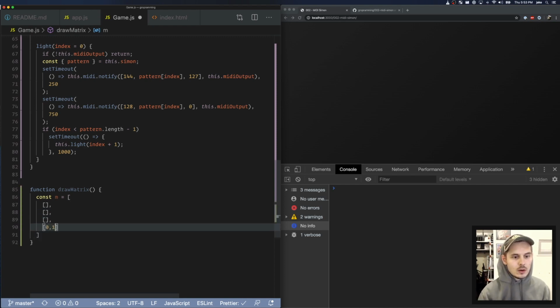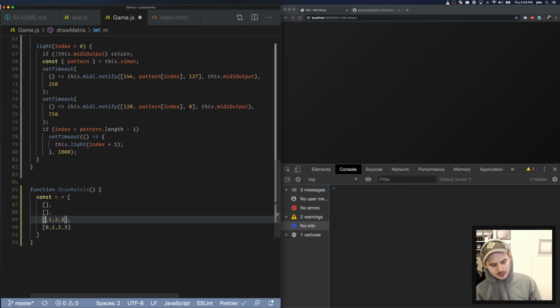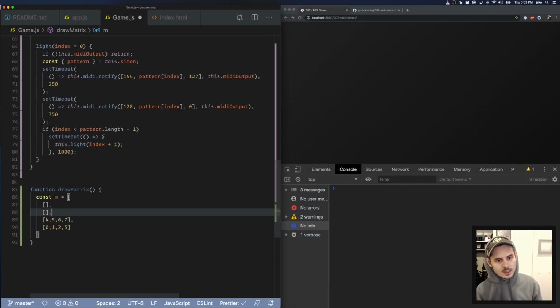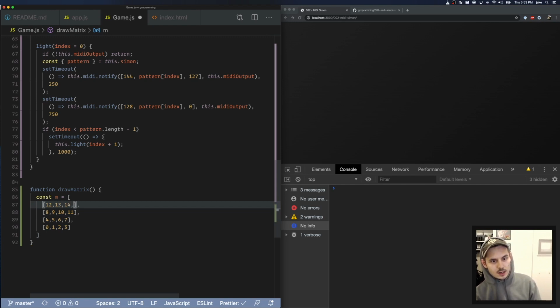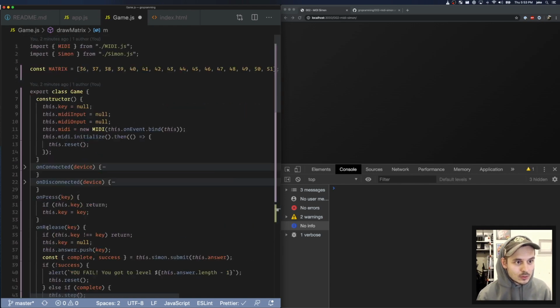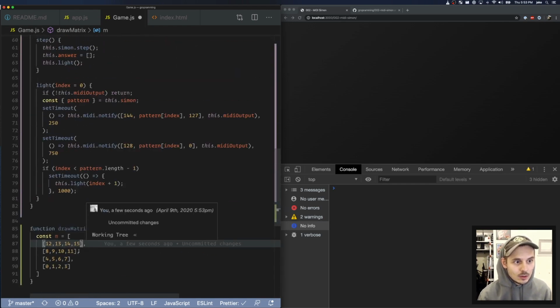This is going to be 0, 1, 2, 3. This is going to be index 4, 5, 6, and 7. This is going to be 8, 9, 10, 11. And this is going to be 12, 13, 14, and 15. And that, each of these numbers refers to each of these indexes. That's how my thing is laid out, which is super annoying. So let's